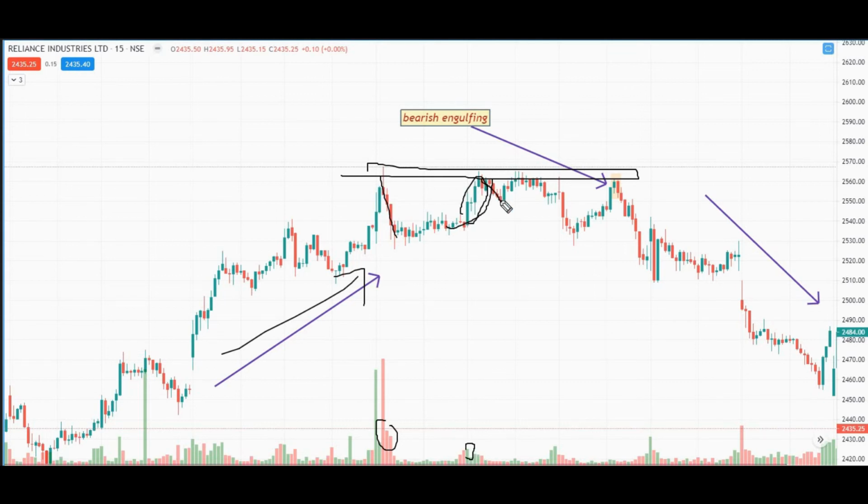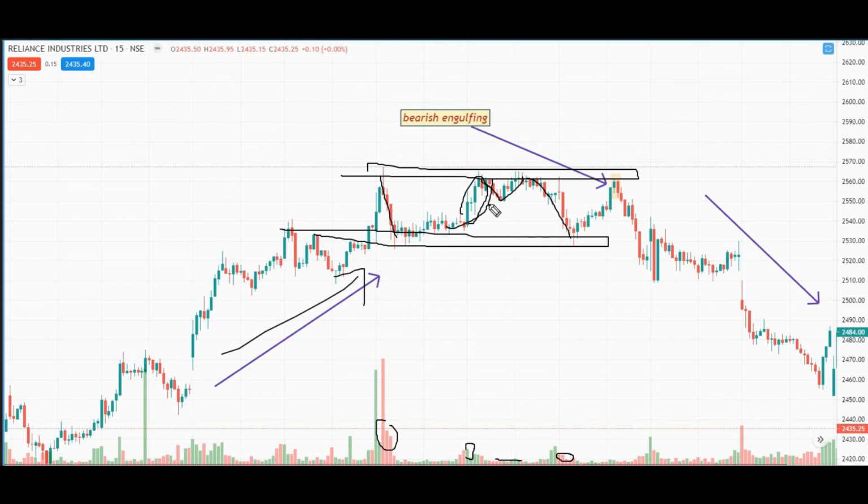Again sellers tried, but they also failed. Again buyers tried, but this time with very low volume. Then sellers pushed the prices aggressively towards the downside with very good volumes again, and they are testing the support again and again, which is an indication that selling pressure is very strong at this price area in